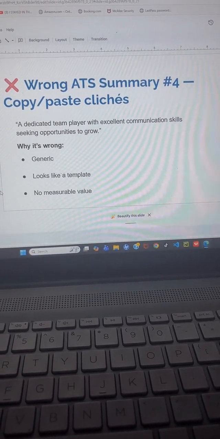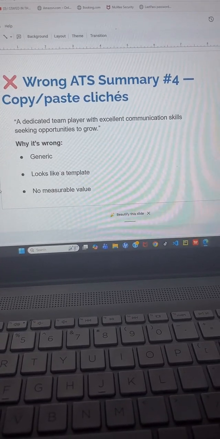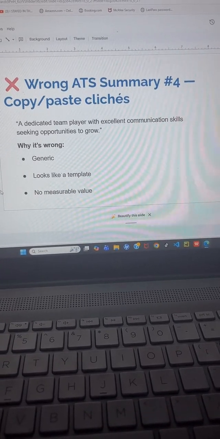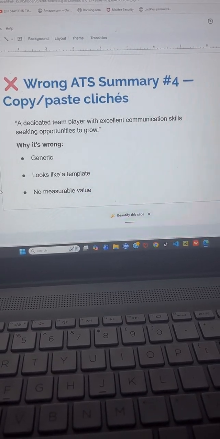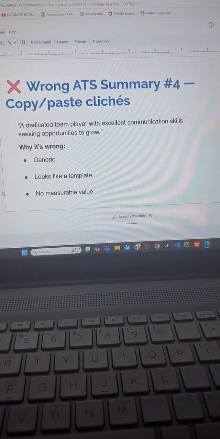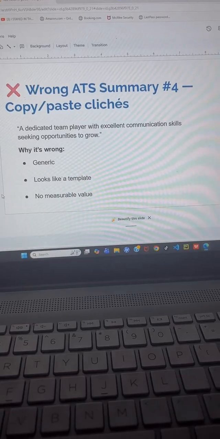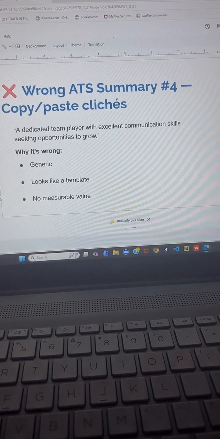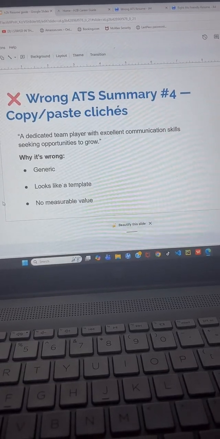Alright, you don't want to copy and paste from the internet as well. Ensure that you're paraphrasing. If you're going to use the summary from the internet, ensure that you're not copying the exact thing.